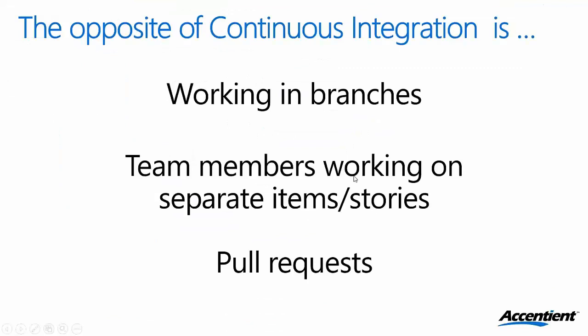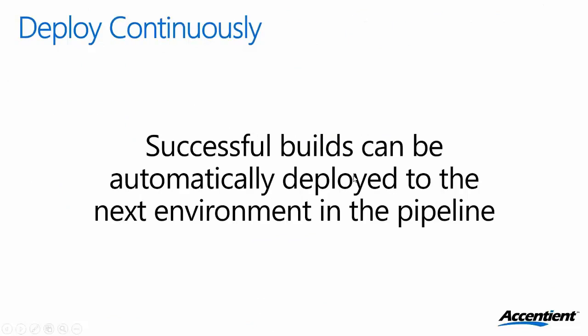And in our story here, we want to deploy continuously. Successful builds, so once they build without error and maybe even without any warnings, and when the unit tests pass, you want to move those to the next environment in the pipeline. And next environment might be production, or it could be QA or test or stage or UAT. We want to not necessarily automatically deploy, it could still be a manual deployment, but all of the scripts and the batch files and the PowerShell or whatever to move all the right bits into all the right folders and restart all the right services, that's all automated for you.